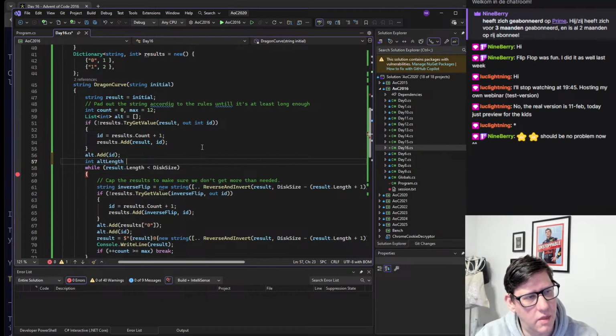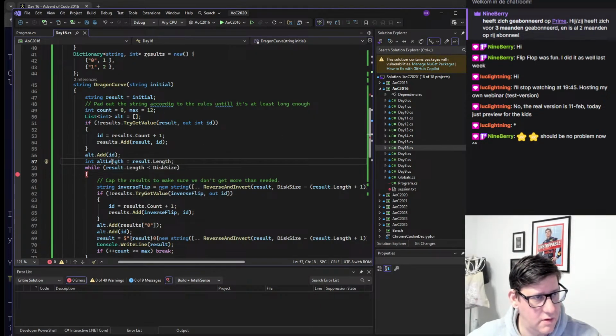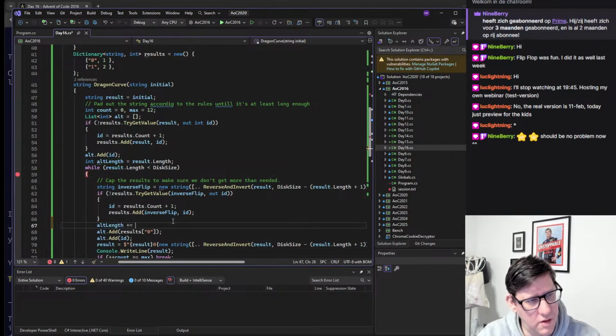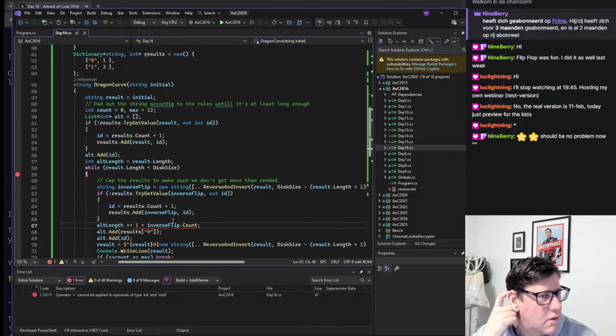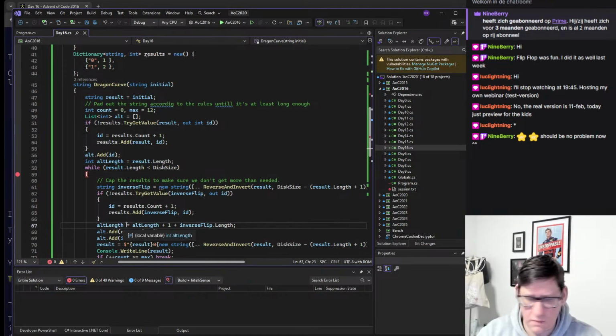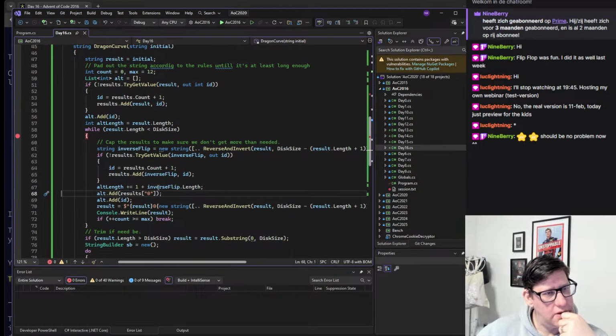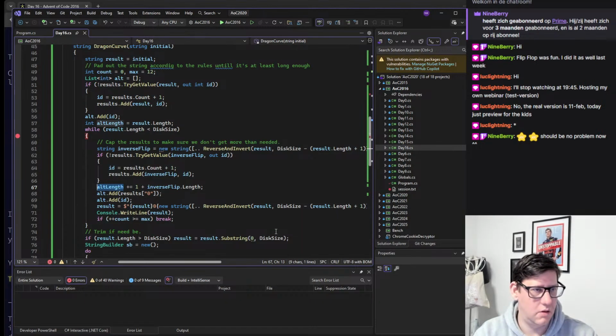Int alt length is 0. Actually, it would be result of length, like this. So then we do alt length plus equals 1 plus inverse flip dot count. This. That was the reason, because that was a method. That's based off of this. Actually, it's just doubled plus 1. You could just do